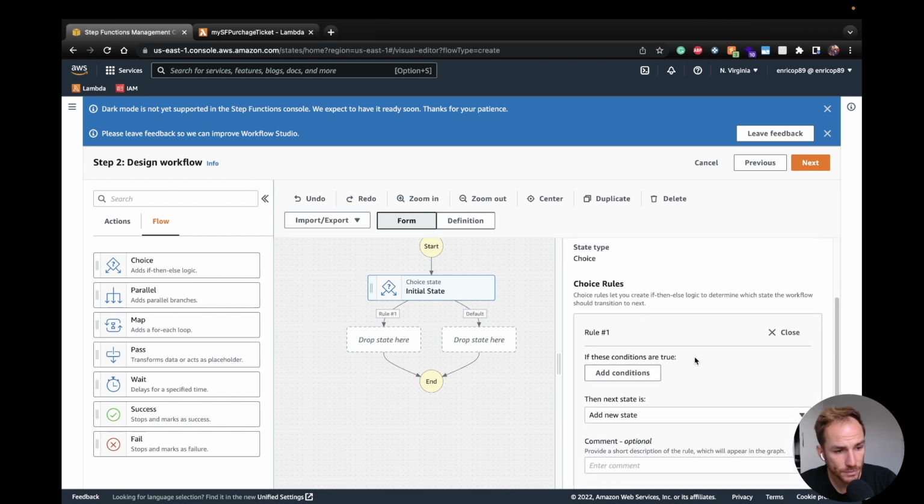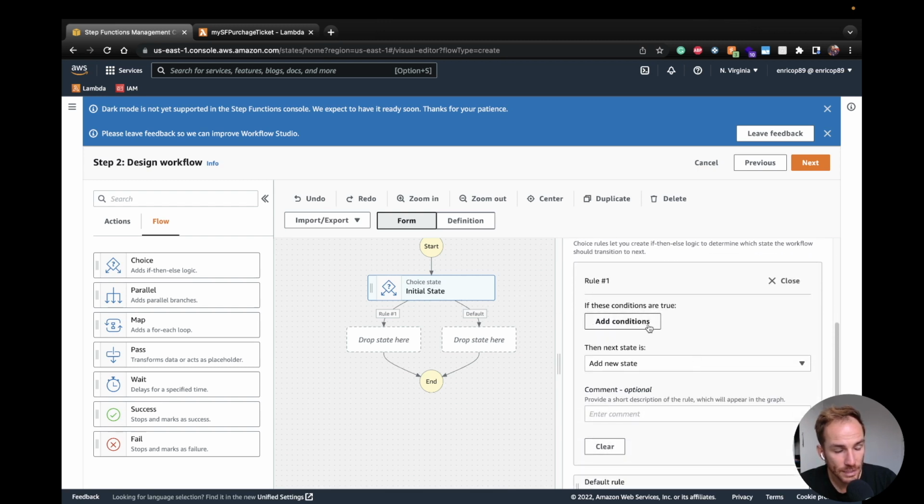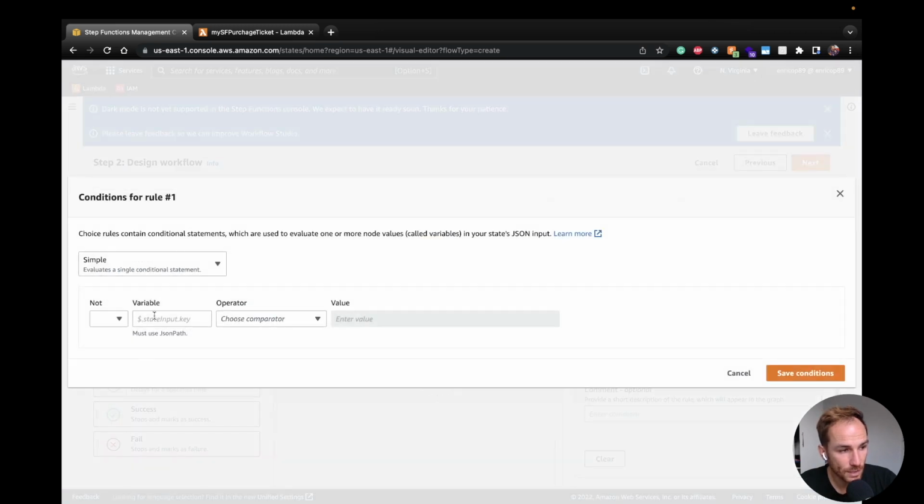And the first rule, of course, depends on the JSON input that is being received on the start node. So I assume that my JSON has an action key with a value that can be purchase ticket or refund ticket. So I'm going to add conditions, and in here it is if $.action